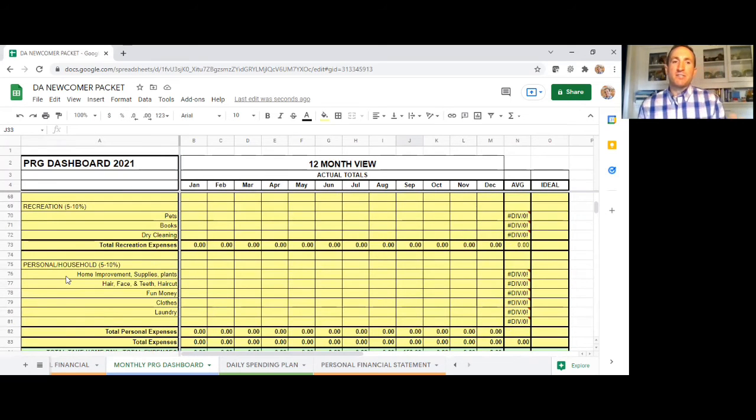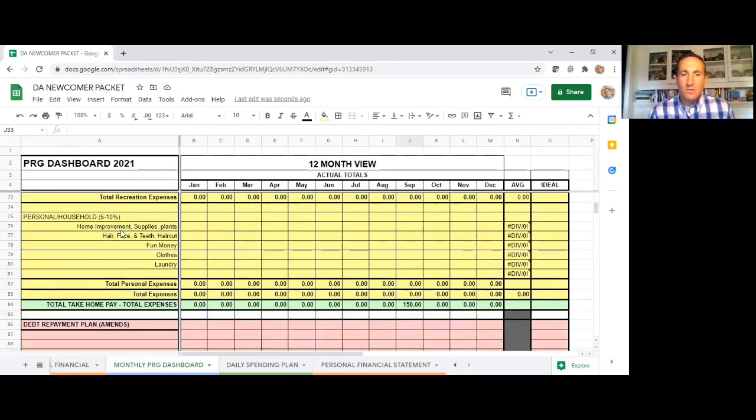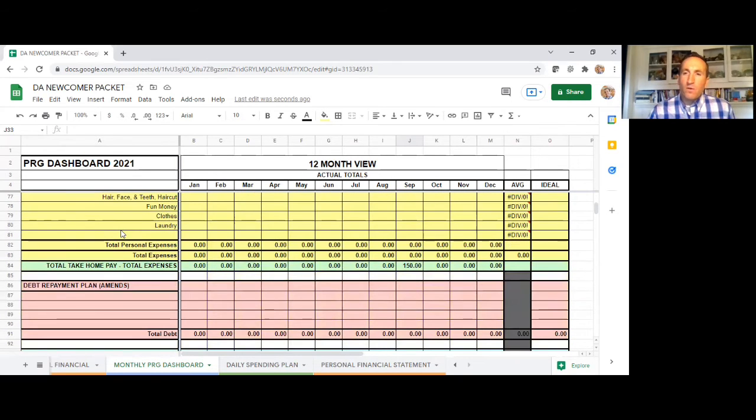These are just suggestions because we all understand that recreation shouldn't be 30% of our income, right? They were suggesting between 5 and 10%. So steps 4, 5, and 6,